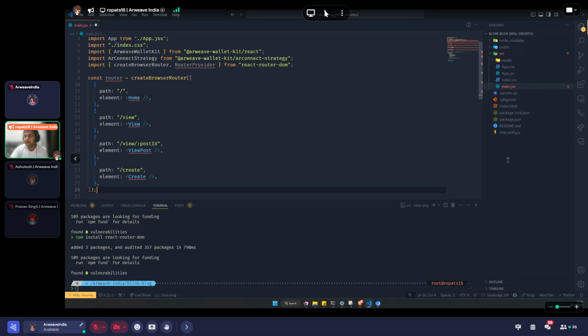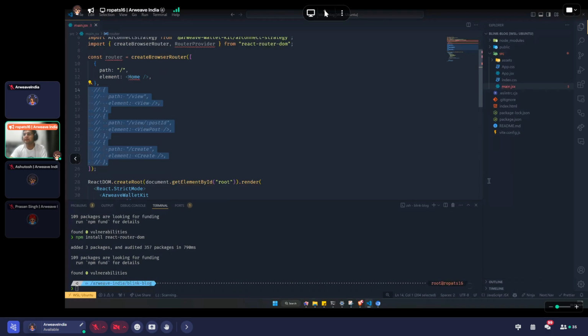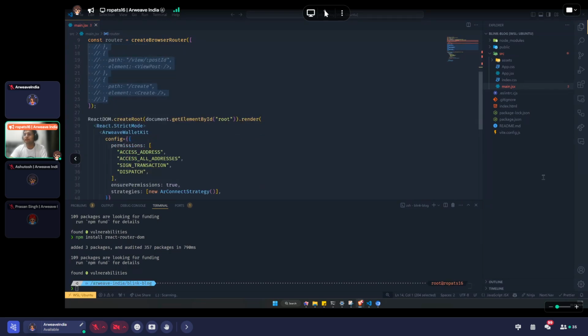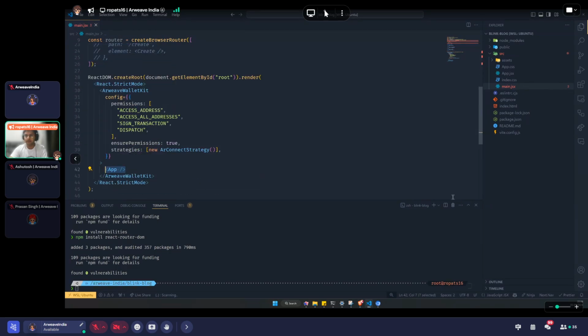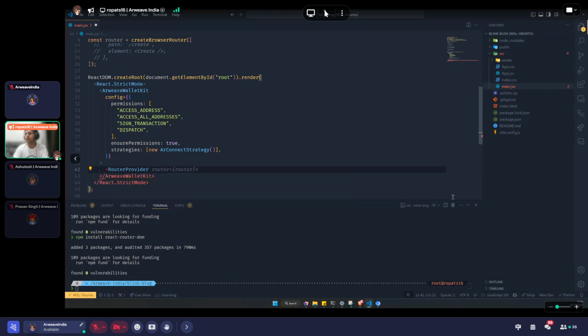It's fine if there's some red. Maybe we can comment these out for now, and we come here and uncomment these as we keep on adding these pages. The first page we'll add is the home page. This is the default page where everyone goes first. It's the default route. And once we have this set up, we simply want to add this router that we created here. So the way that we do that is just say router provider is equal to